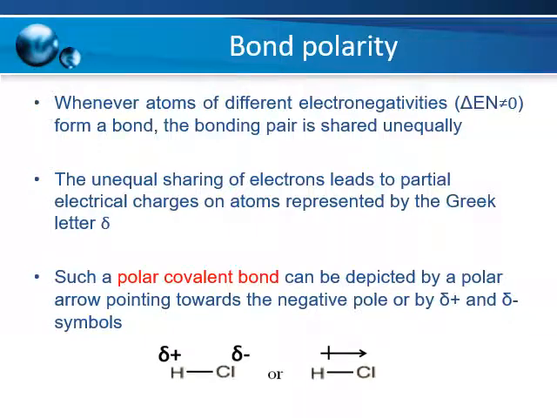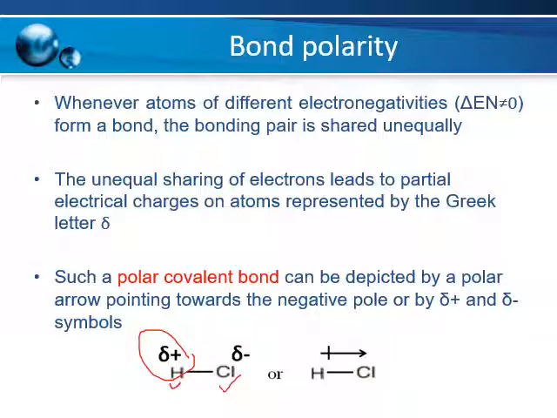What happens? It leads to a partial electrical charge on the atom, represented by sigma. So, electronegative, electropositive, right? Such a polar covalent bond can be depicted towards the negative pole by a positive or electronegative symbol. So, this one, H and Cl. H is clearly more electropositive compared to Cl. So, it has positive,